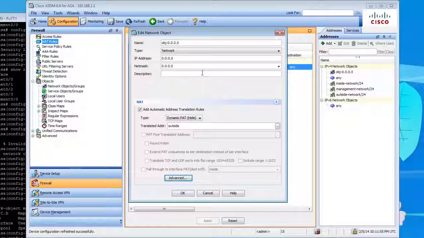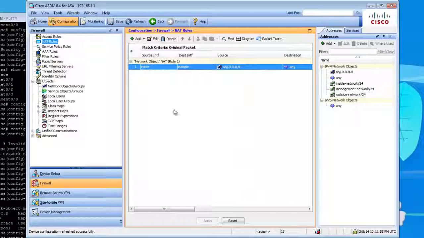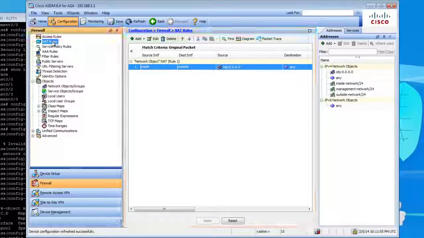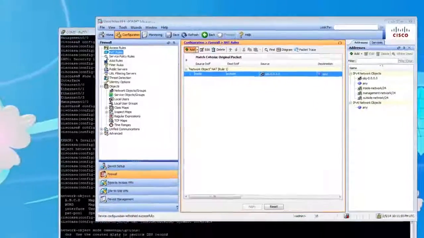For security reasons, you don't want anybody just plugging in and being able to go out. Say there's a certain VLAN you don't want to have internet access. Well, if you do this 0.0.0.0, then everybody will be able to go out. But if you do, for example,